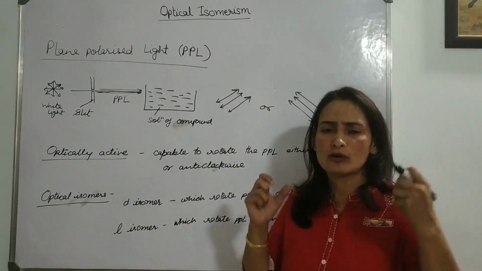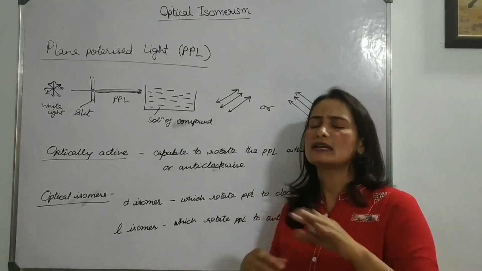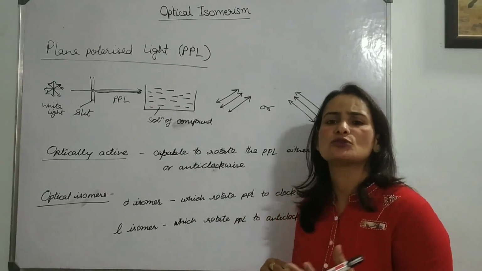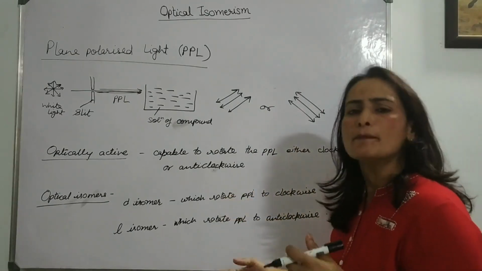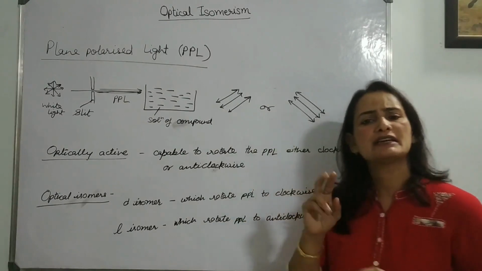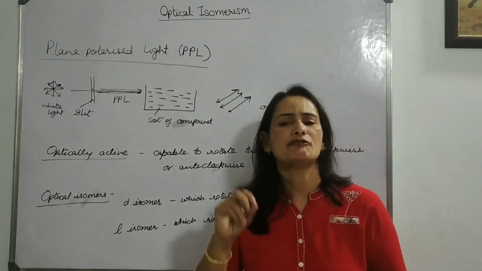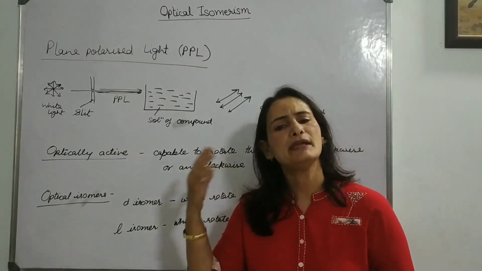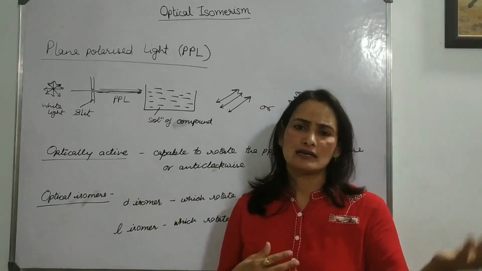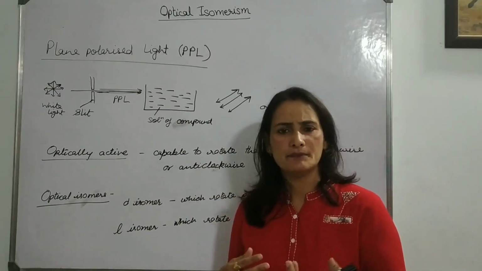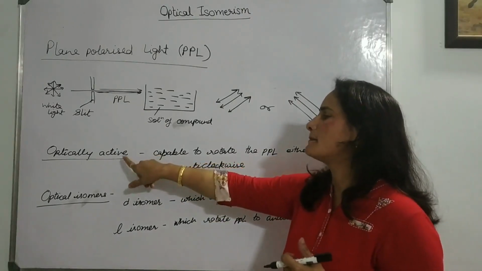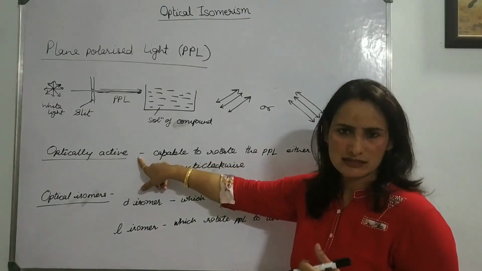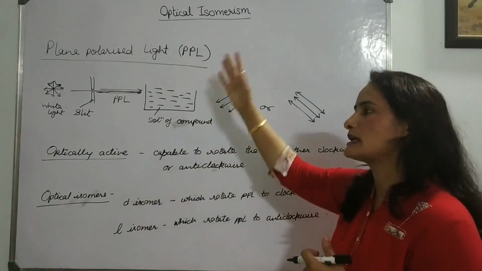Without experiment or by seeing the structure, nobody can judge which isomer will be D or L. But it is certain that when there are two isomers, one of them will be D and the other one will be L. Okay. So now let's take what are the requirements for a compound to be optically active and to show optical